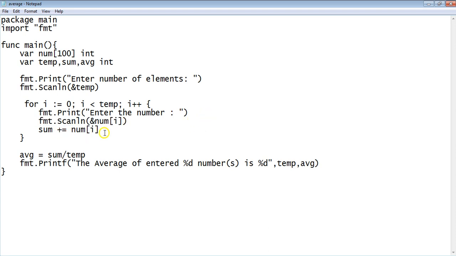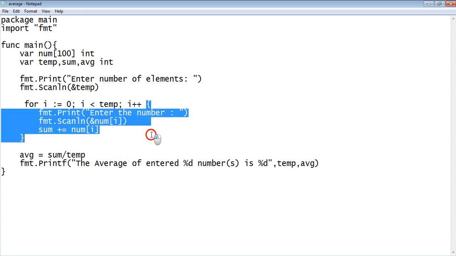Okay, the next statement is going to be the sum, which computes the sum of n numbers. This is pretty much something like sum equal to sum plus num of i, and this operator does the same purpose as it does for other object-oriented or compiled languages. That is, sum equal to sum plus num of i, so it's going to be sum plus equals num of i. Both are pretty much the same. We are just trying to reduce the number of statements or lines, or if I could say the terms that are used in the program. Okay, so that's it. You close the for loop.